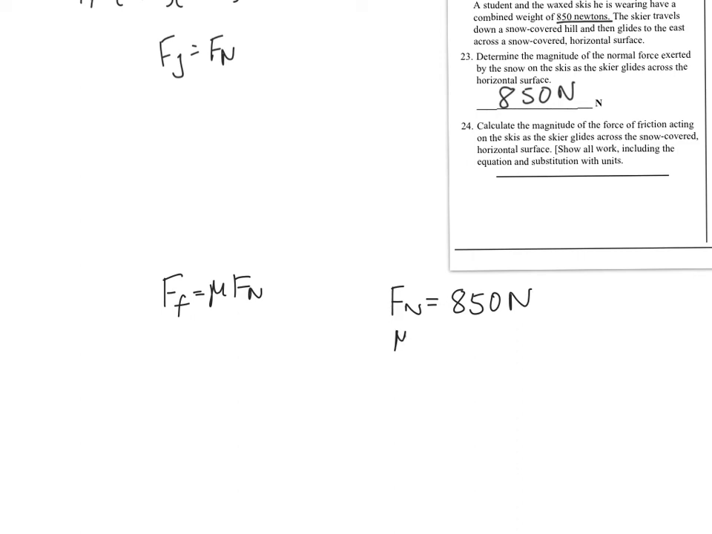Our mu, we have to look at our Regents reference table on the first page, on the table in the bottom right corner, approximate coefficients of friction. You look for the wax ski on snow. Since the skis are moving across the surface, we look at the kinetic coefficient of friction, which is 0.05. So when we plug that all in, the frictional force is equal to 0.05